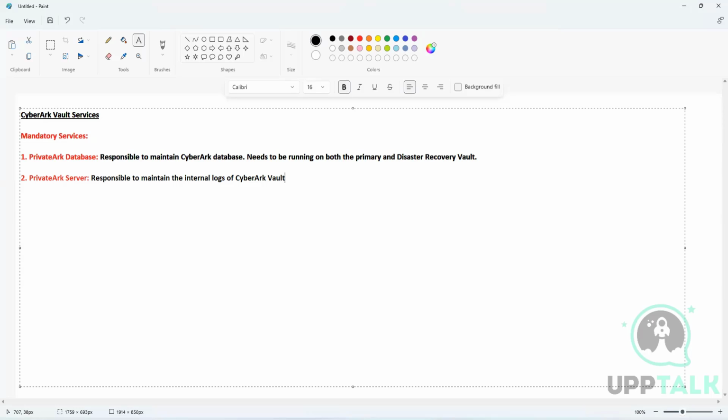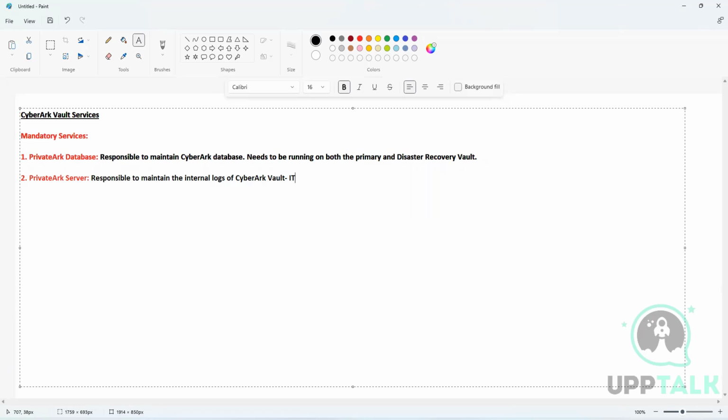Any event that is happening inside CyberArk Vault, any encryption event gets started or stopped, any firewall communication gets allowed or restricted, any authentication failure related to Vault, all the events that are technically related to this CyberArk Vault application are going to be recorded in a file called italog.log,